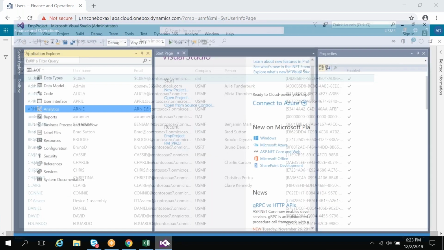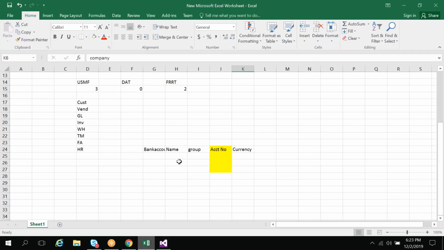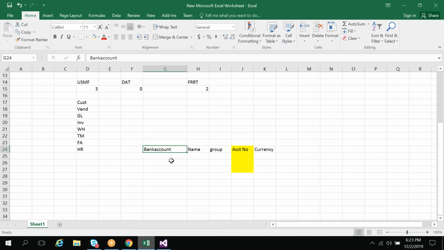See here. For example, I just want to create a bank table. In my bank table, I require bank account name, group, account number, currency. I require only 5 fields. These are the business fields. Along with the business fields, we have 4 more fields available. That is called record version,